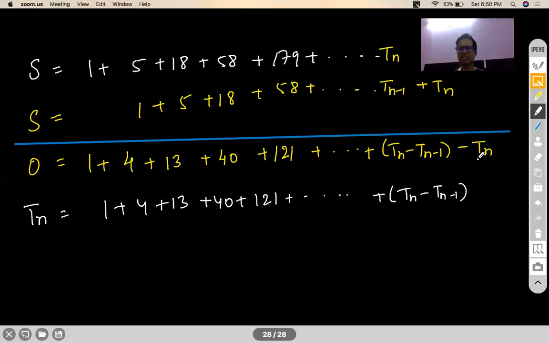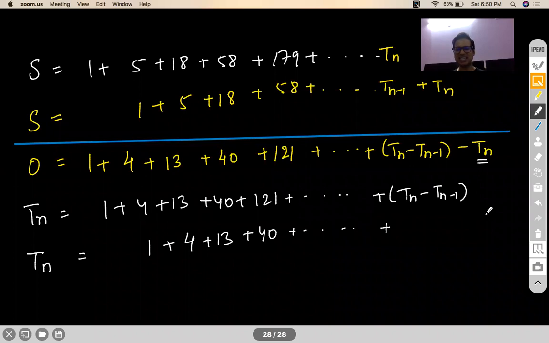So what I did was I just took this to the left side. Now this is not in any progression, right? This is not an AP, not a GP. So what I'll do, I'll take the same thing and shift it again 1 place to the right. So double I'm applying. I'll write down the last term of this as, let's say, Tn dash. So T dash n minus 1, T dash n.